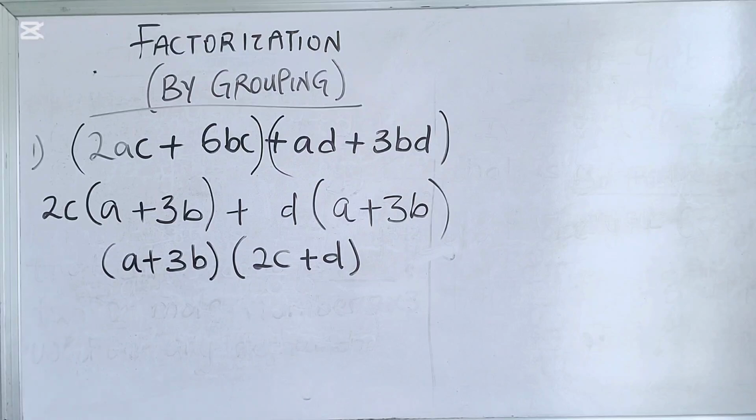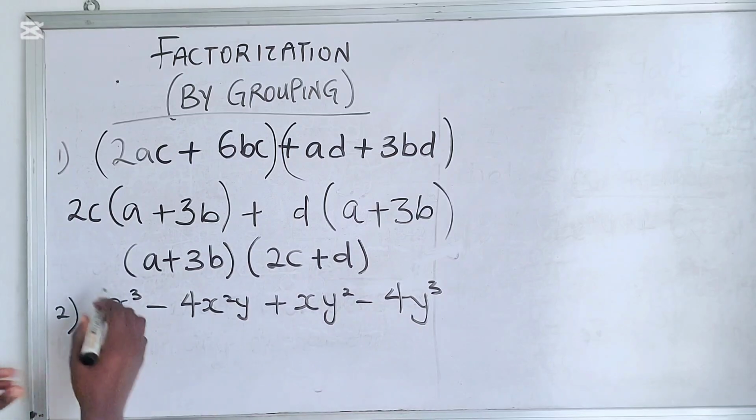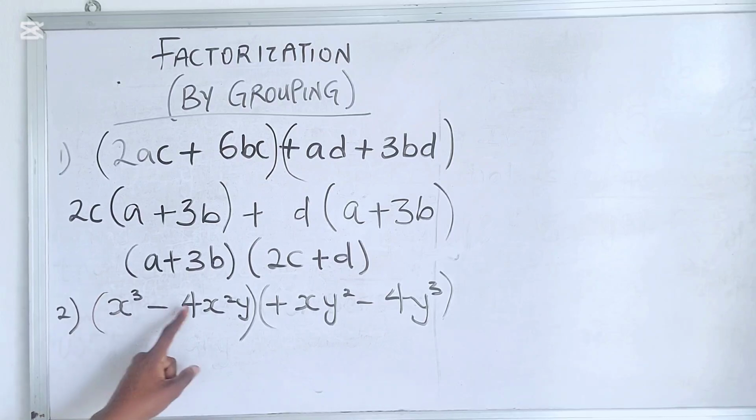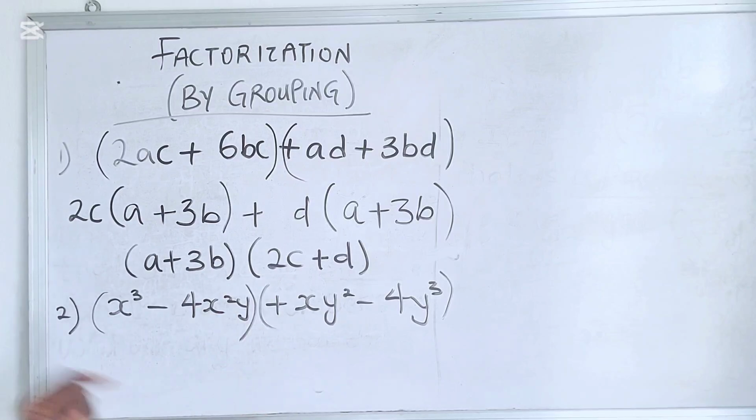Let's have another example. We would have to group, right? You have 1, 2, 3, 4. So you group it and make sure when you are grouping you have something in common before you group it. Of course, here you see that we have X and X, so we can group that. We have Y, Y, we can group that. We don't have to rearrange it. You see that 1 is here. 1 and 4, the highest common factor is 1 as always. X is here, X is here, but remember we said you pick the lower one,